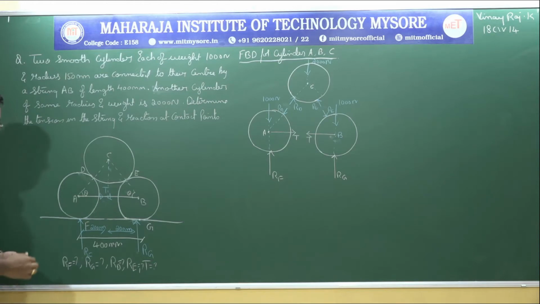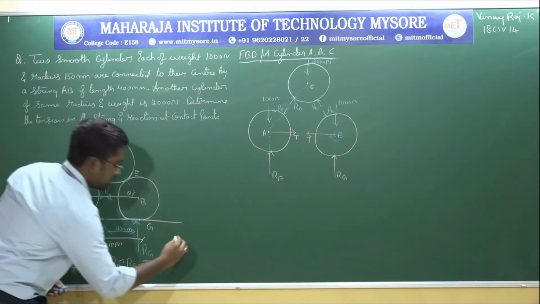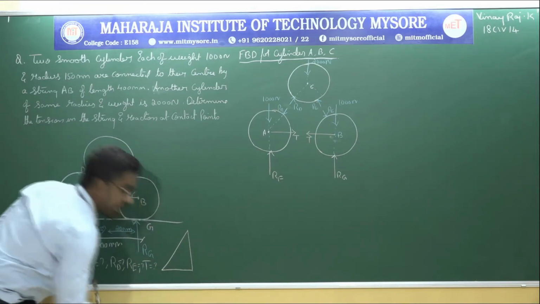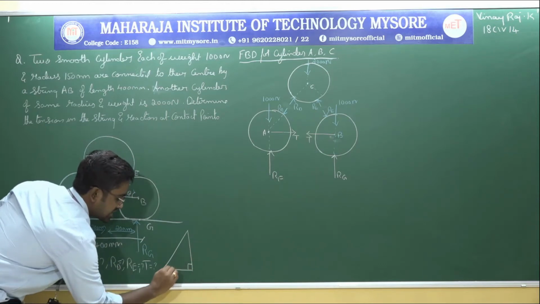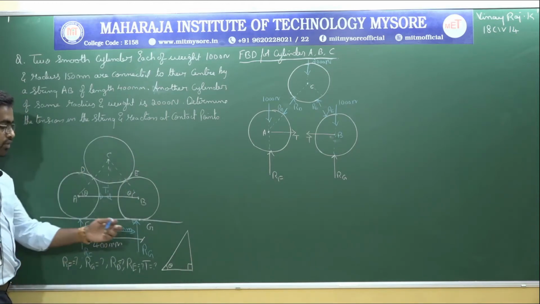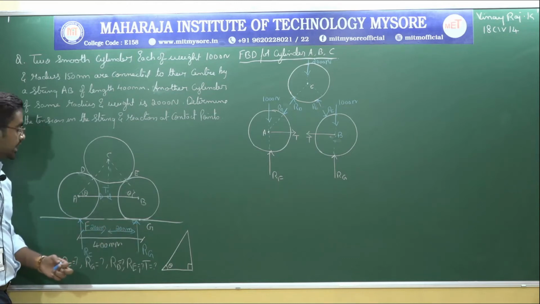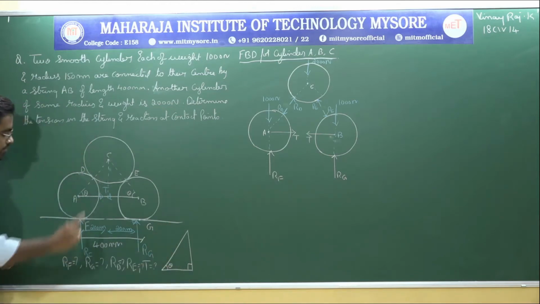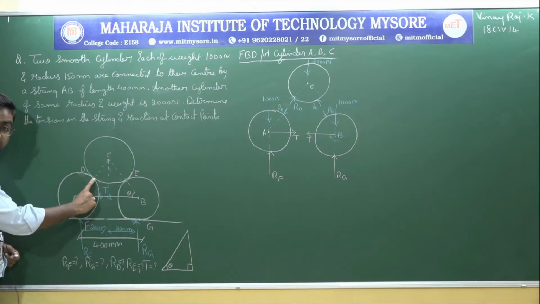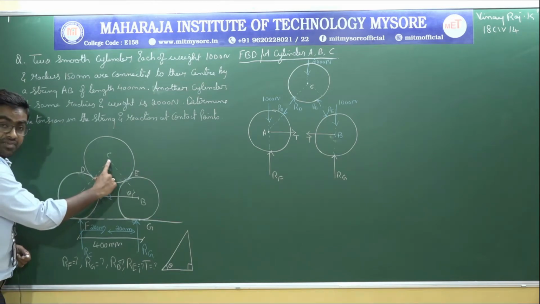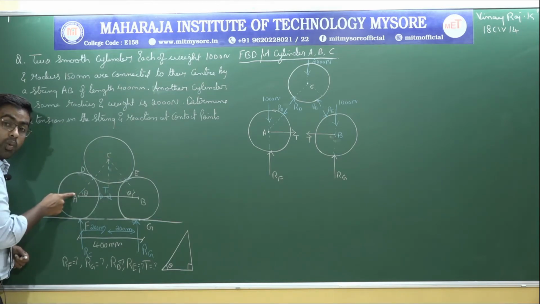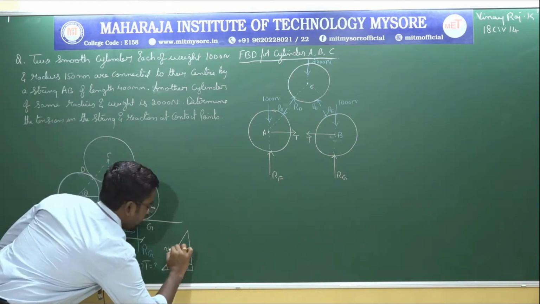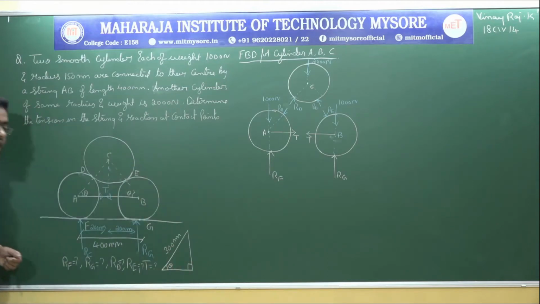Right? Now I should consider this right angle triangle. Let me write this right angular triangle outside. So this is the right angle triangle. So this is 90 degrees. This is the angle theta. So I need to find two sides in order to find out the theta. So let me get this distance, that is hypotenuse. The radius of this cylinder is 150. The radius of this cylinder is 150. So the total length will become 150 plus 150 is equal to 300 mm. So the hypotenuse value will be equal to 300 mm.